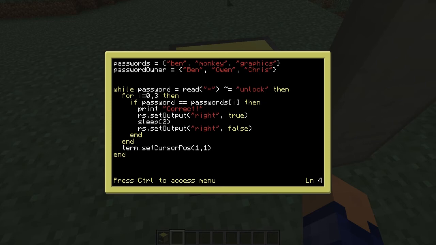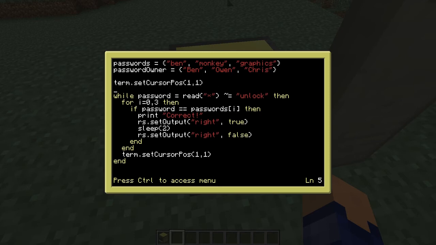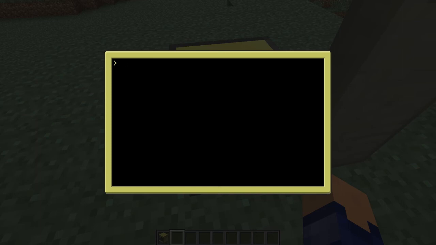So the first time it gets run, term.setCursorPos as being 1 1, and then we want to print out "enter your password". So the first time it gets run, it's going to say enter your password, like that. And then down here we're going to do the same. So, not term, just print "enter your password", like that. So if we save and exit this now, and we say lock,